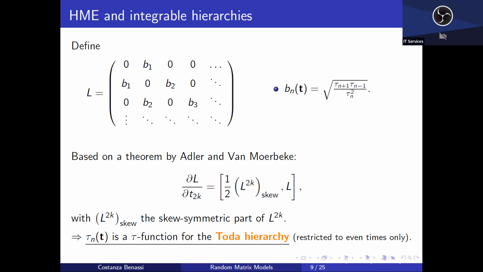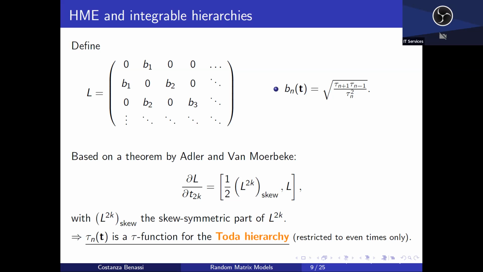In this case, it's the Toda hierarchy restricted to even times only. So it just means that L satisfies this specific differential identity. Okay? Where here t_k are exactly the coupling constants that I have hidden here. And here by skew I mean the skew-symmetric part of L, and this is just a standard commutator. So this is not the general Toda hierarchy, as I was mentioning, it is the Toda hierarchy restricted to even times only, because we're taking even powers only in our potential. And that is also known as the Volterra hierarchy.